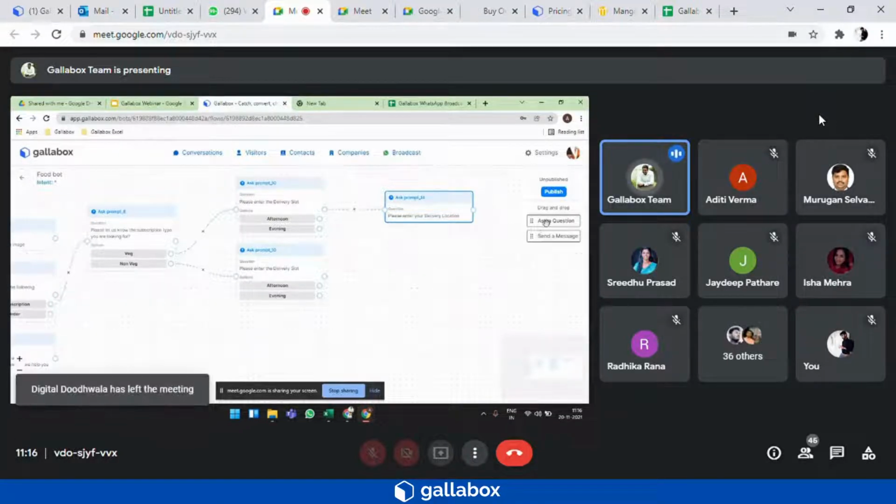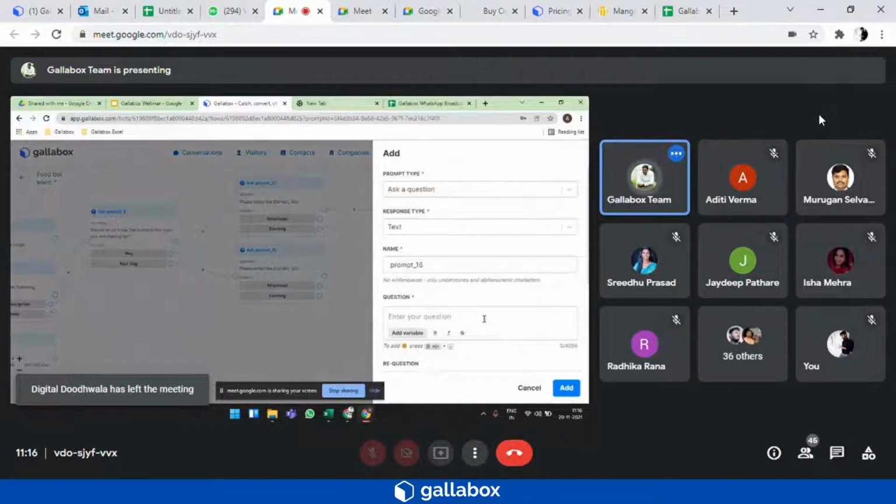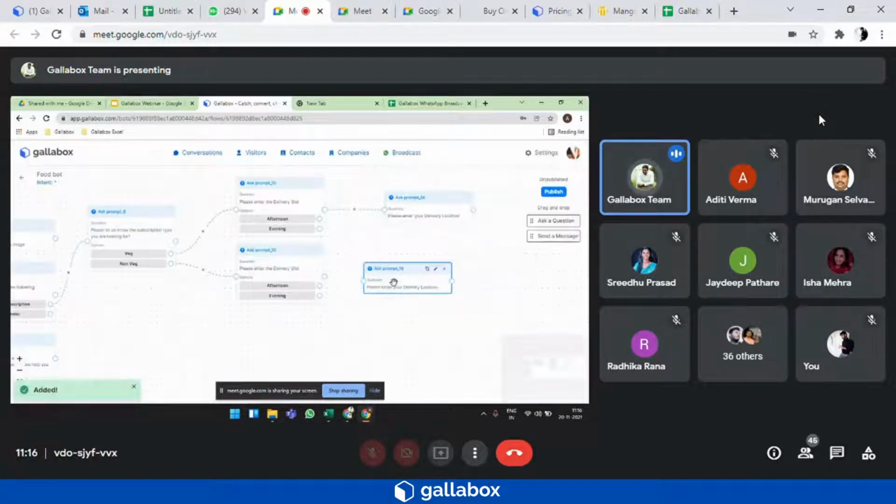I will ask another question to add for the evening slots. Likewise, I will connect the same if a person selects non-veg as a subscription option.